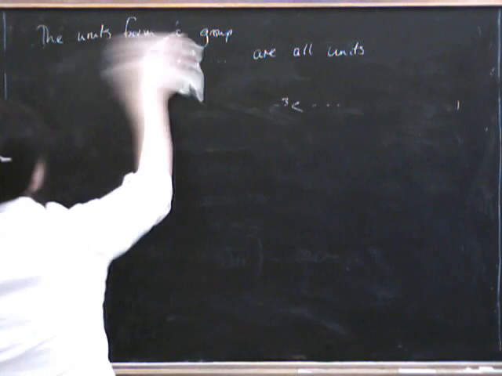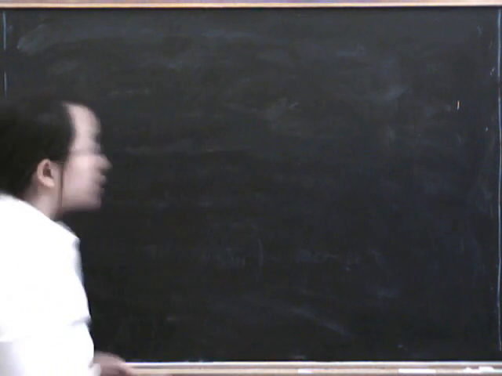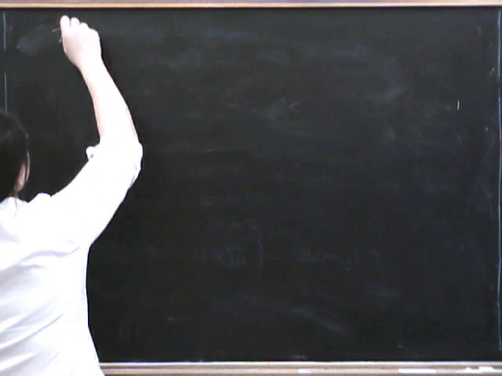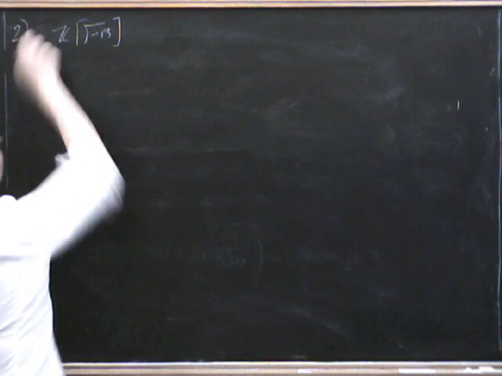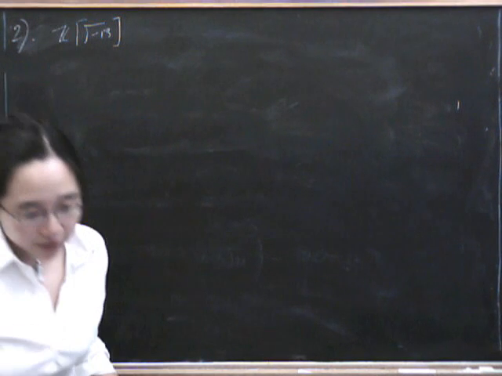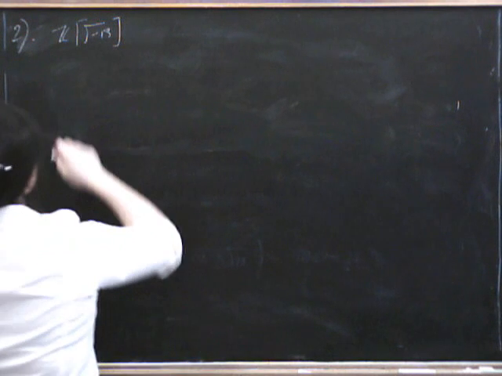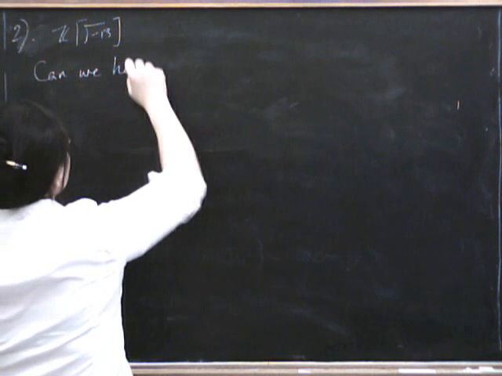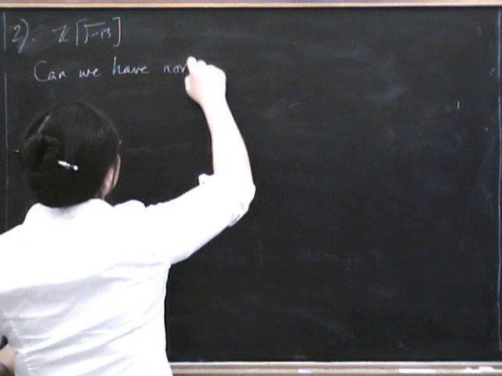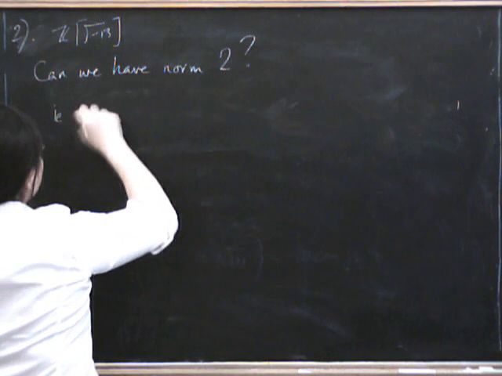Question 2 was a bit different. It was about finding irreducibles in Z root minus 13. So if we look at Z root minus 13, this is question 2 now, and at the first place you're asked to show that there's no element of norm 2 or 11. So can we have an element? Can we have norm 2? Well, so what we're looking for,